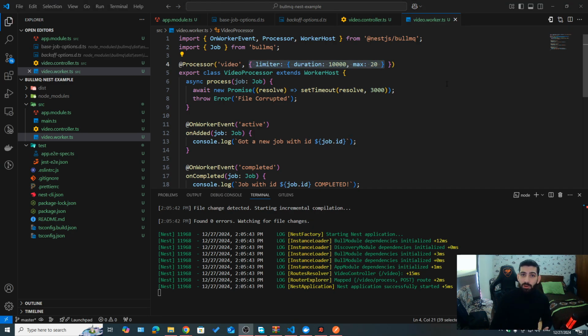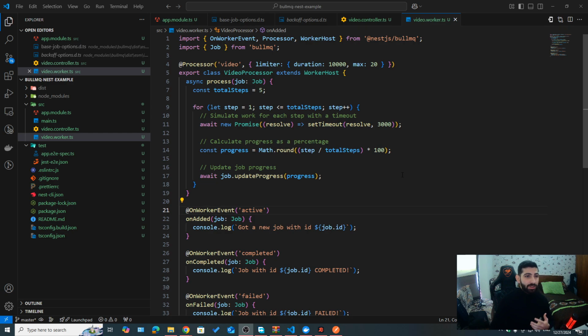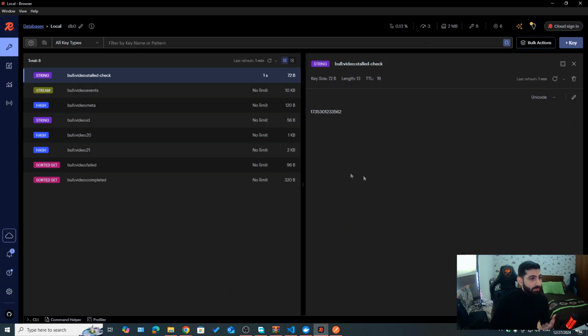And this is a good approach if you want to make sure you're always controlling how much resources you're using at a time or during a duration. So you avoid overloading your CPU and crashing your app and so on. Now, to show you how we can actually show the progress of a job, because inside of the job, we